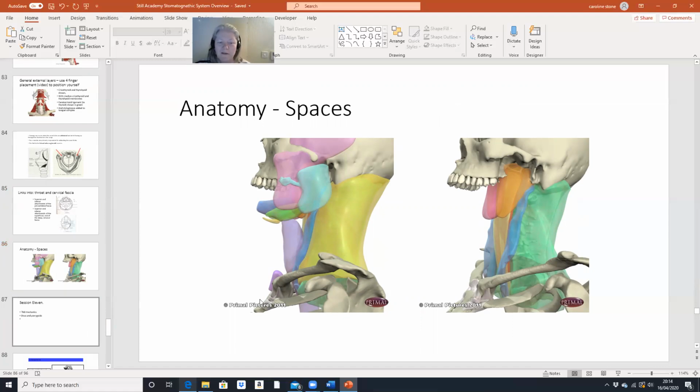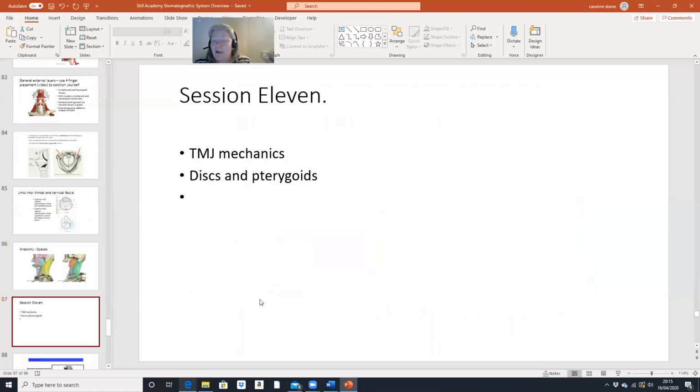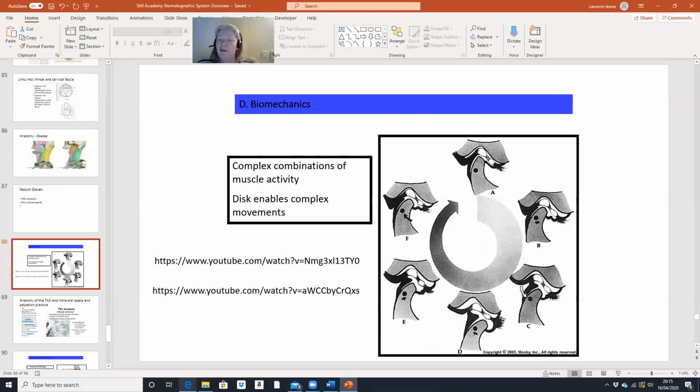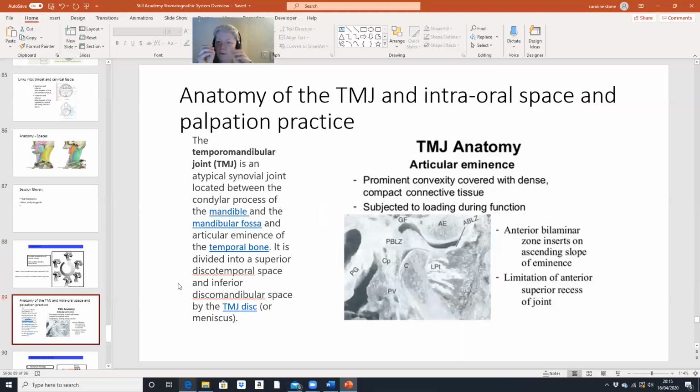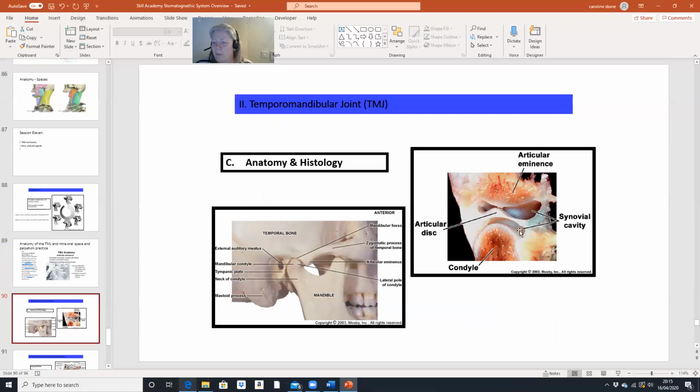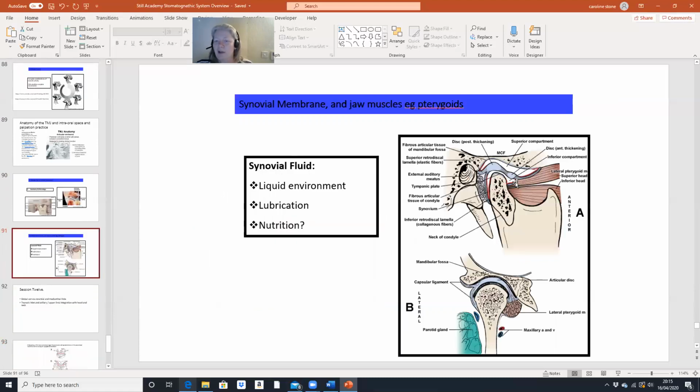And then in session 11, we finally come to the TMJ and start talking about discs and jaw movements, and we say, well, actually, if you test the jaw this way, it probably gives more meaning than testing it that way. And we go through a few things, and we talk about the discs, and we talk about muscles that pull on the discs, and we have all sorts of correlations that we can think about, and we understand the two disc spaces, and where the condylar parts are trying to meet, and what the lateral pterygoid does or doesn't do,